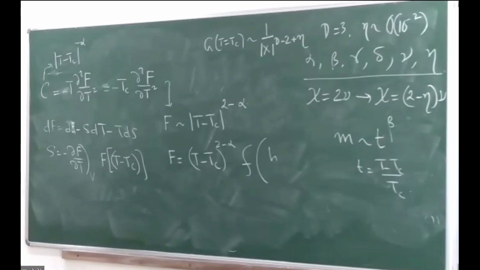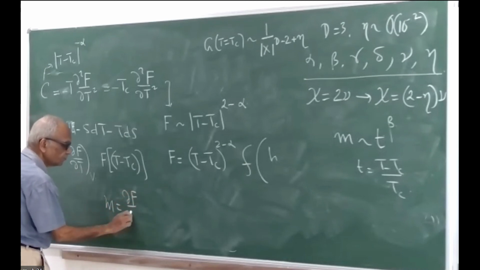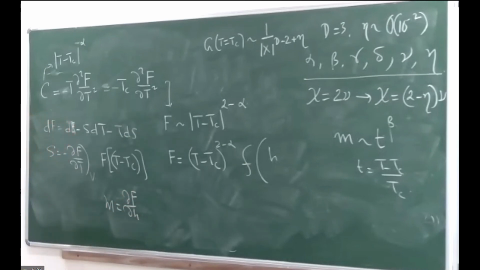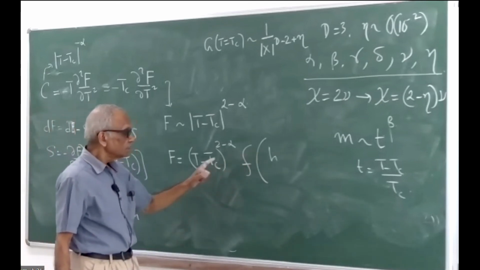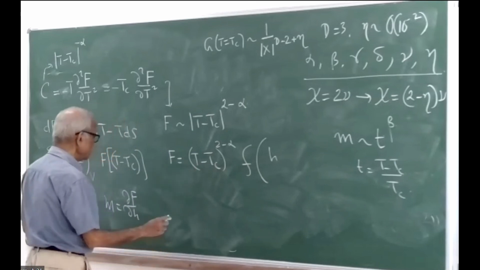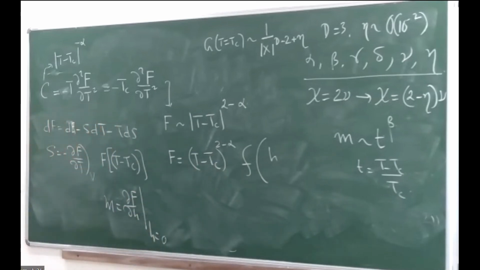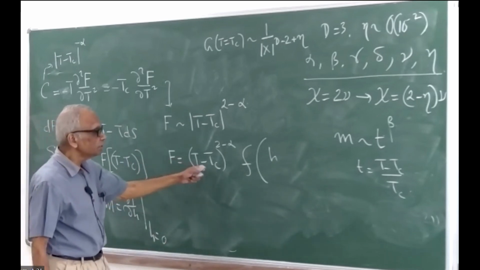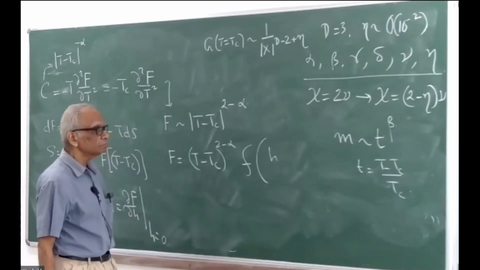The magnetization m is del f del h, the zero field magnetization, the spontaneous magnetization. So del f del h at h equal to 0. So f is equal to t minus tc,